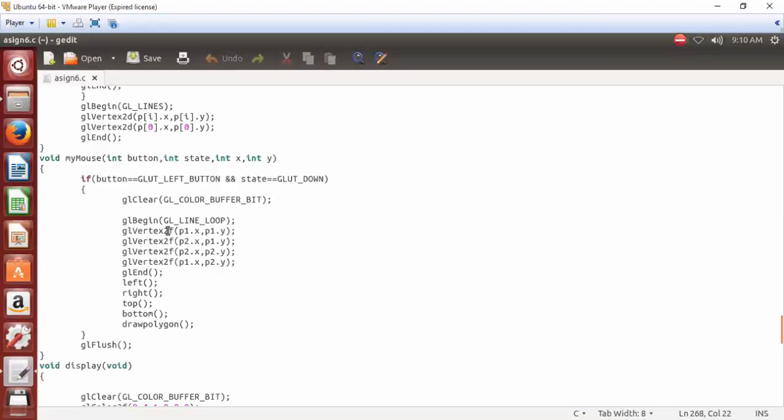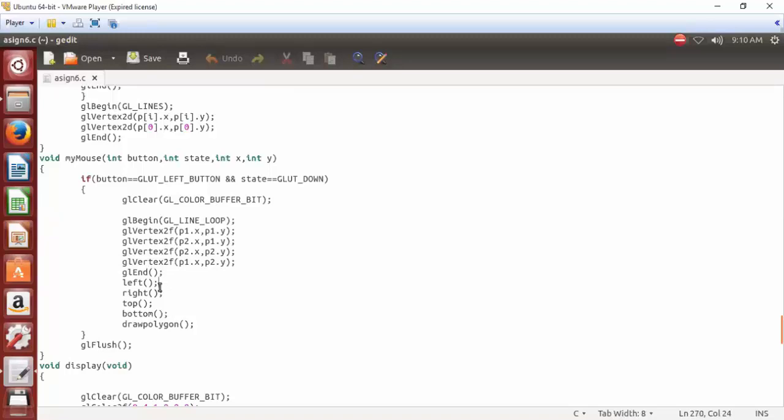So again, after clearing the screen, you are going to draw with GL vertex 2f, as these values are of data type float. You are going to draw your window, right? So P1.x, P1.y, P2.x, P1.y. With this you are going to draw your window. Even P2 points are for the window. After this, you first call the left function, left clipper.